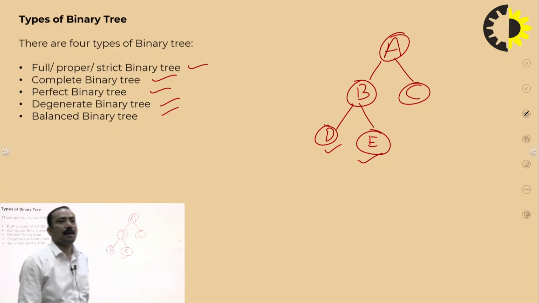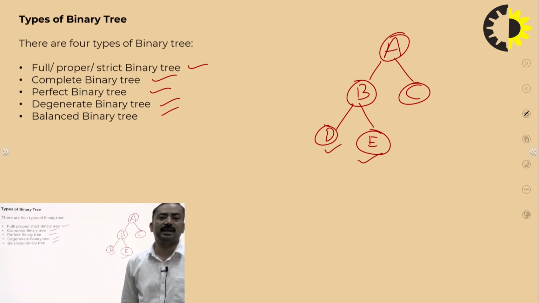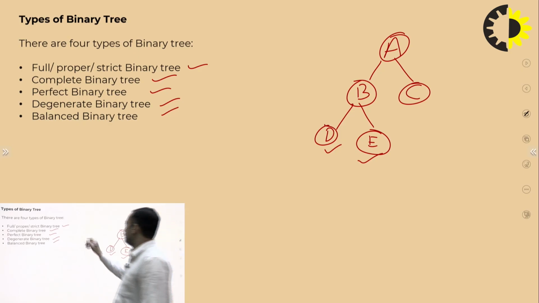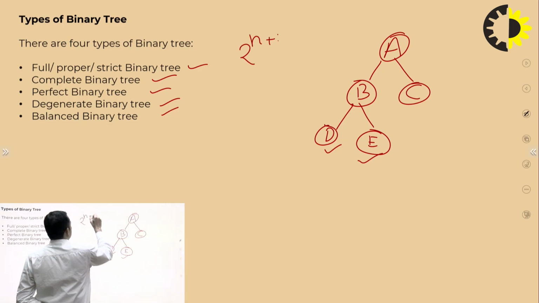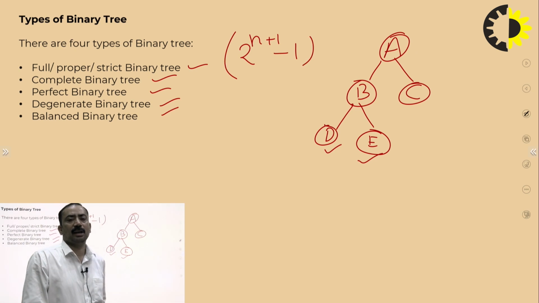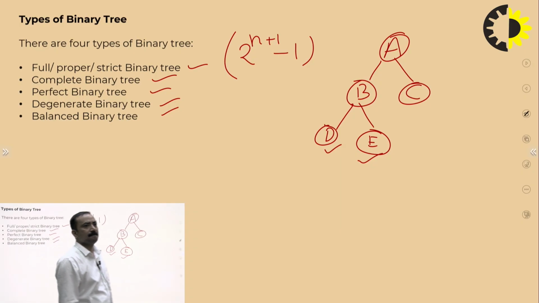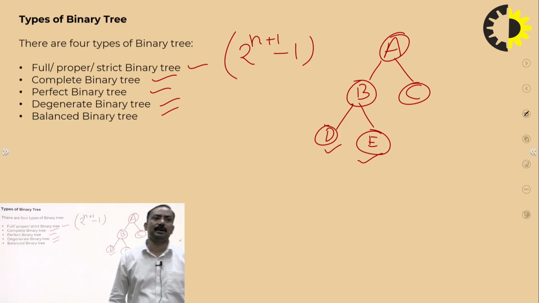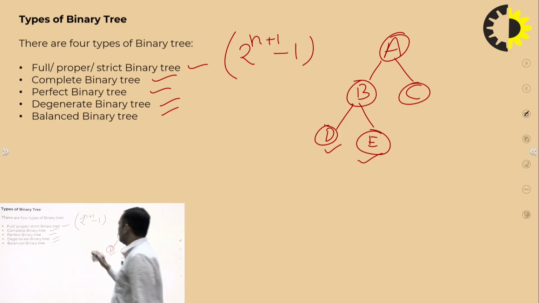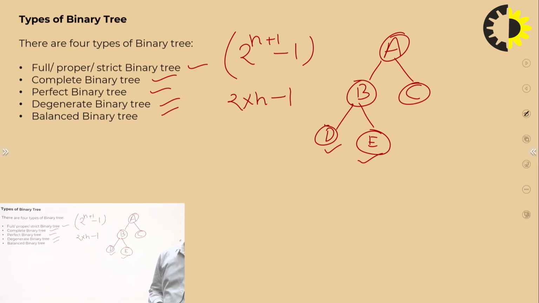And the maximum number of nodes is the same as the number of nodes in the binary tree, like 2 power h plus 1, height plus 1, to 2 power h plus 1, h plus 1 minus 1. So this is the height, maximum number of nodes in the full binary tree, and the minimum number of nodes in a binary tree equals 2 to the power of h minus 1,